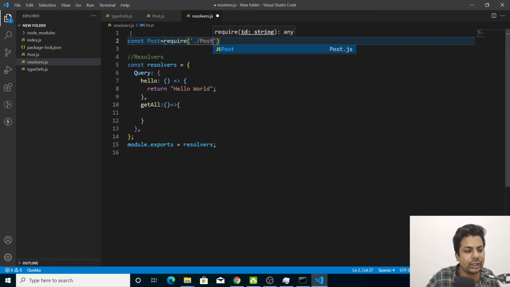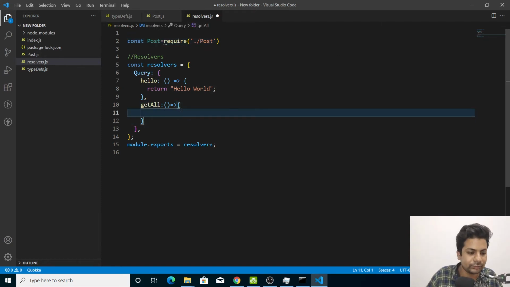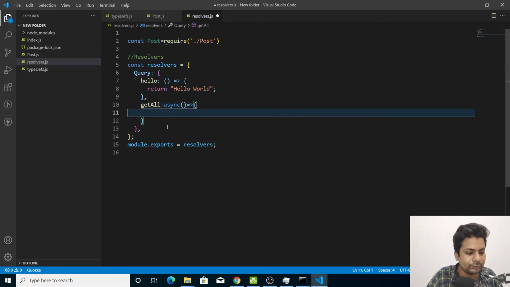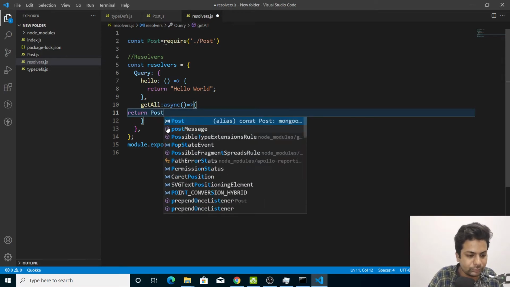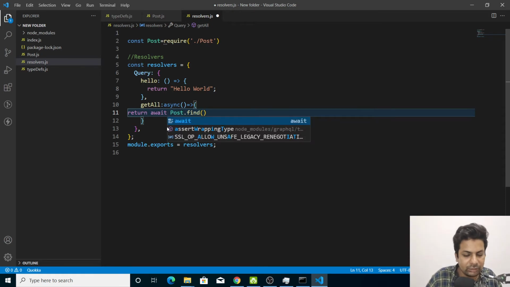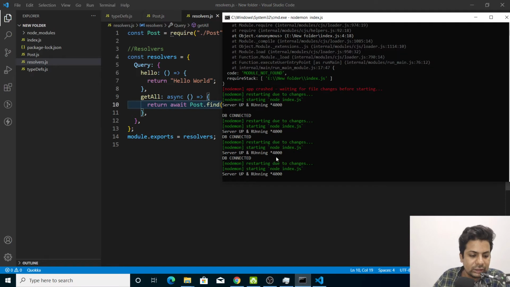So we just imported the model, and we'll make it async because we are fetching, and it will take time, and we'll say return post dot find, and we'll say await till the data comes back.